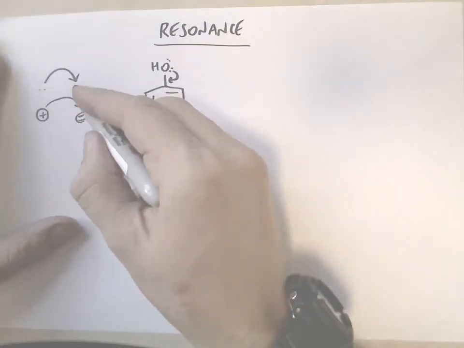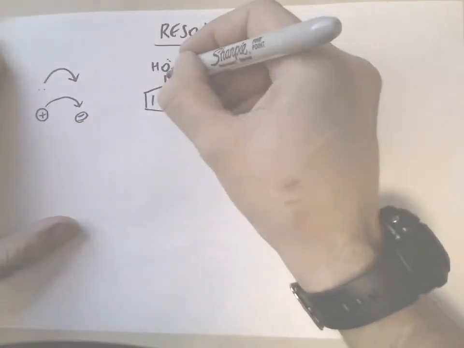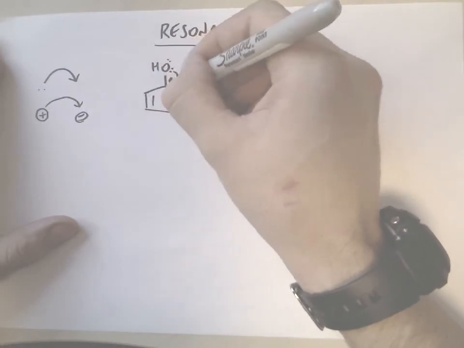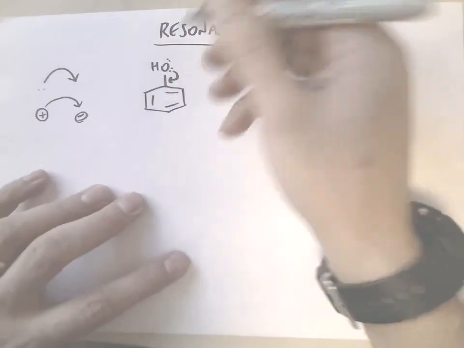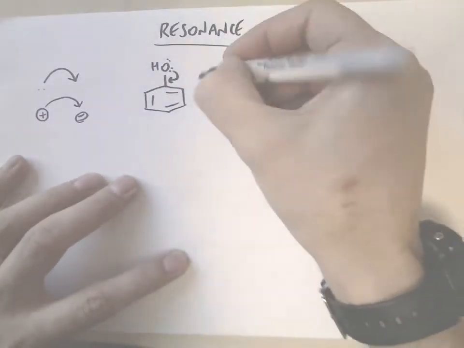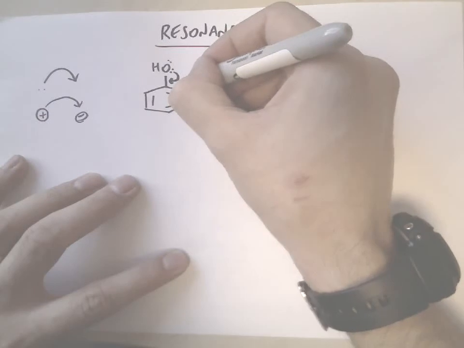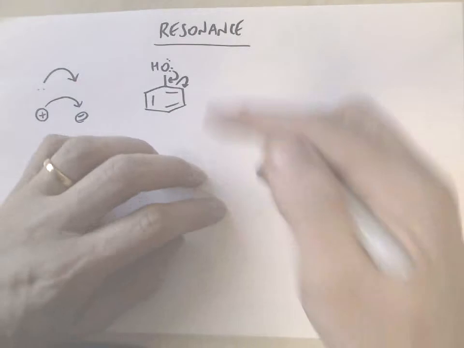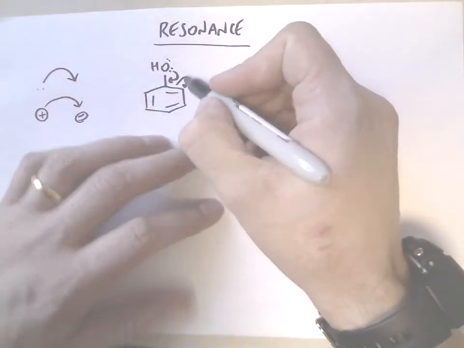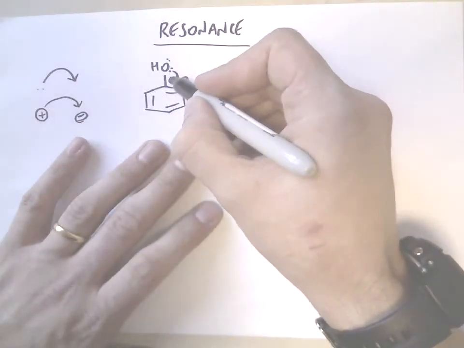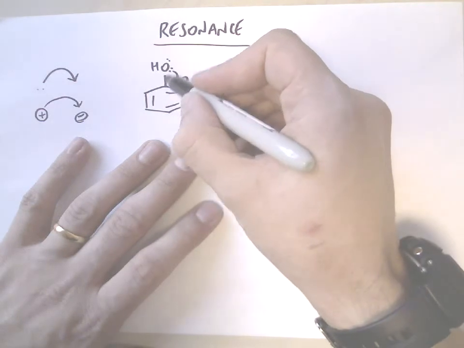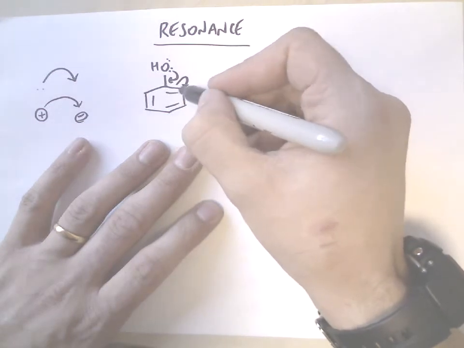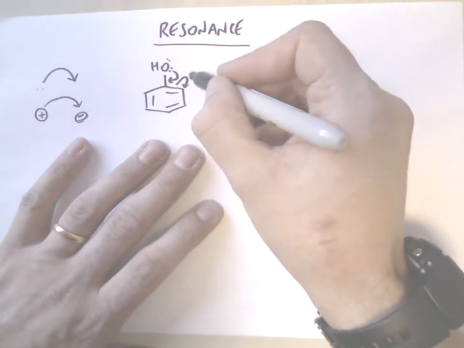did over here. But if I did that, you'd end up with 5 bonds to this carbon. You've got 1 there, 2, 3, 4, and the new one, 5. So that can't happen because carbon can only have 4 bonds. So therefore, you have to draw another arrow to take a bond away. So you form a bond and you break a bond. And you form a bond because you're pushing 2 electrons between, in this case, an oxygen and a carbon. And here, you're breaking a bond because you're taking electrons away from these 2 carbons and putting them onto that